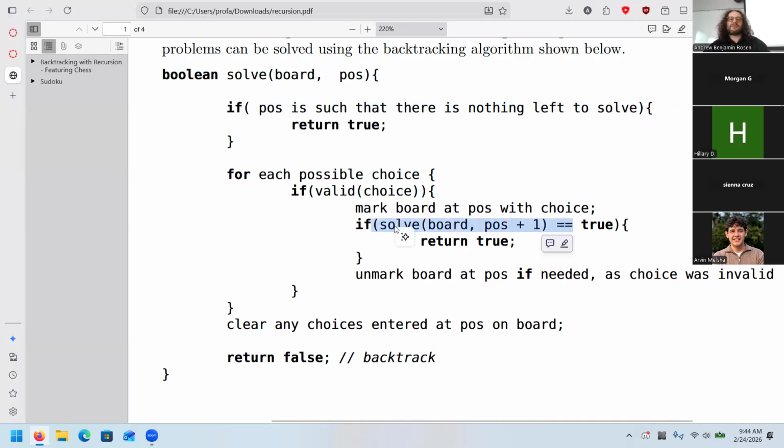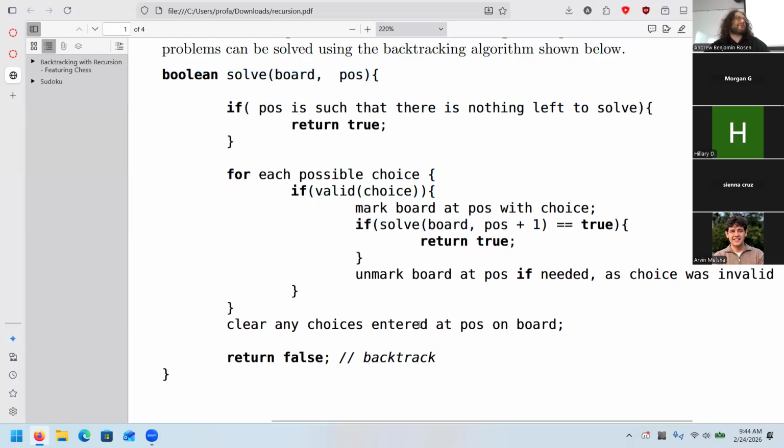So what we're doing here is recursively calling solve. Solve calls solve board plus 1. Now, normally, in intro to programming, we say don't make a method call itself, because it will go on forever.